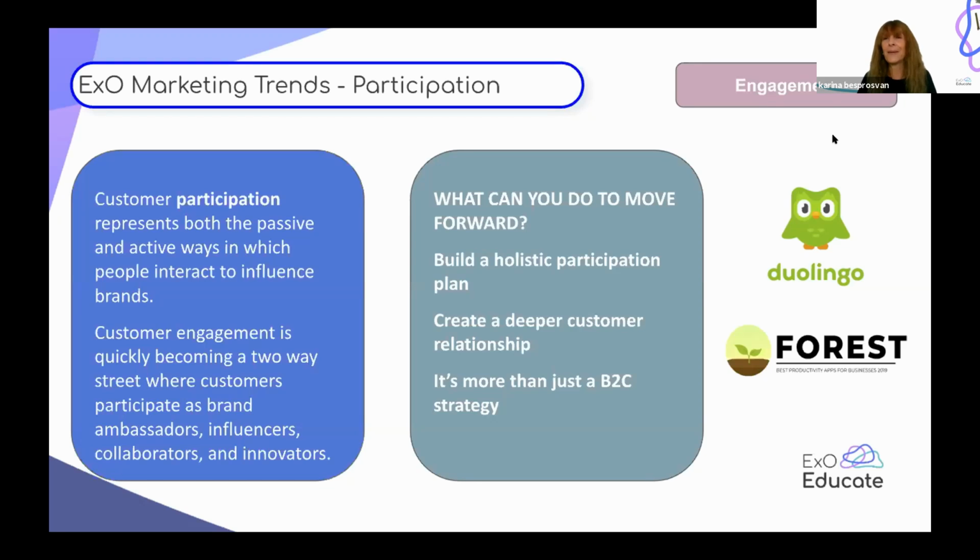Just a quick note here. When you think about engagement, that's when gamification comes to the table. Gamification, something maybe you heard before, is how you can turn interaction into engagement through gaming with your customers. Duolingo does it very well. So how can you interact with your customers in a friendly and fun way?